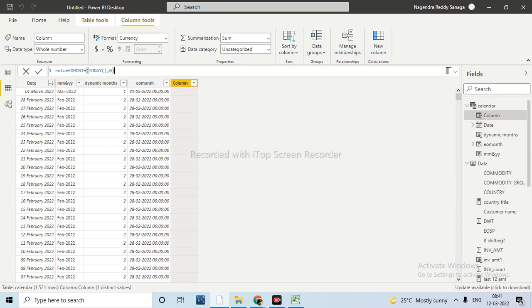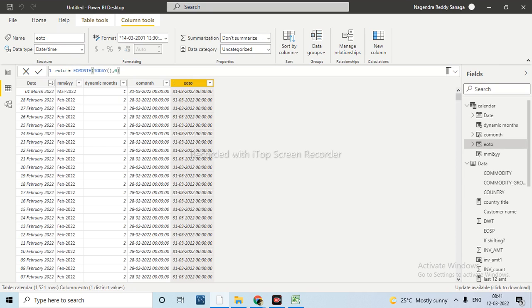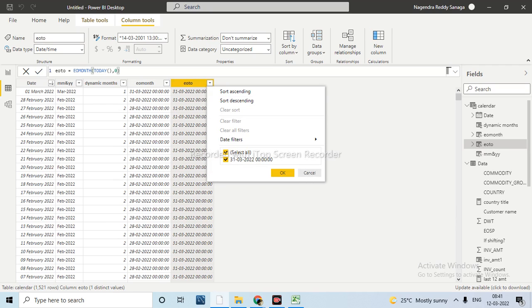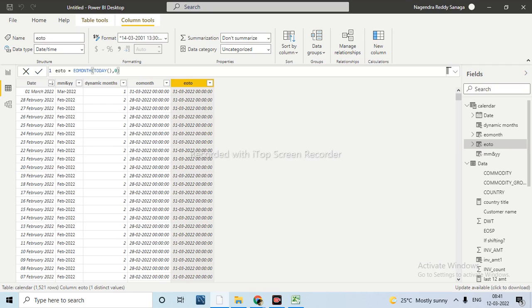In the first thing we have passed 0 only. That means for the current month date you will get the last date. Now we are in March, right? So everywhere you will have the same information. And that is the last month.